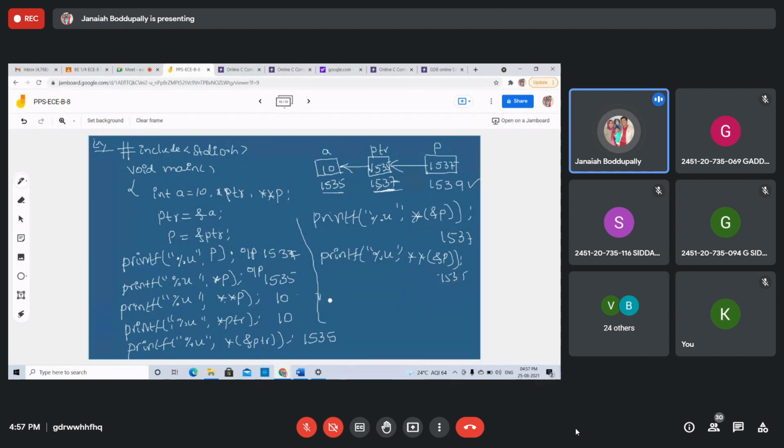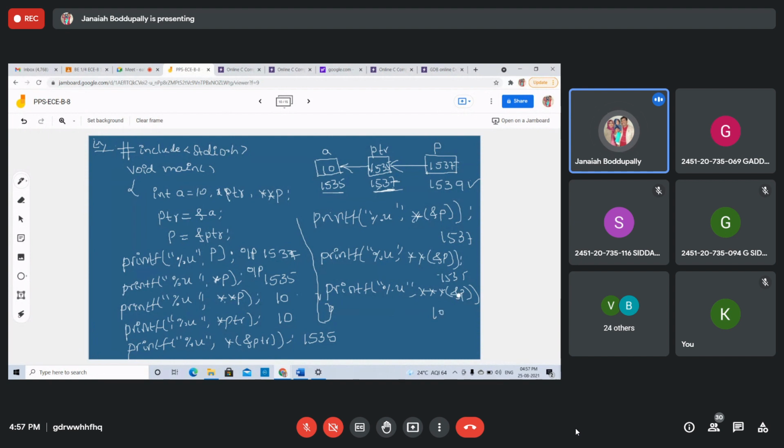One more printf, then an extension. Printf %u, star, 3 stars, ampersand p. Now tell me the output. 10. That's it.